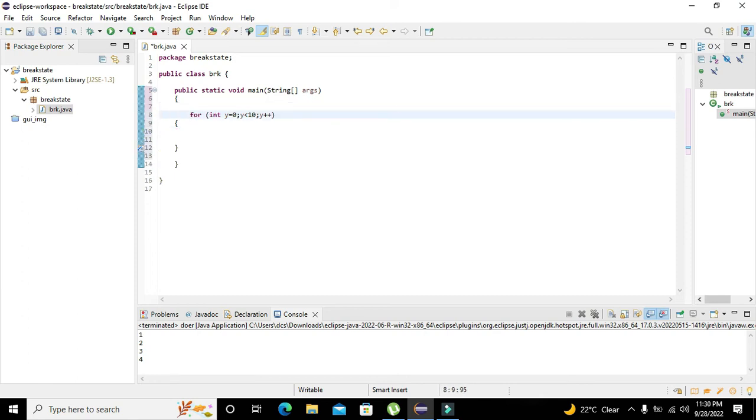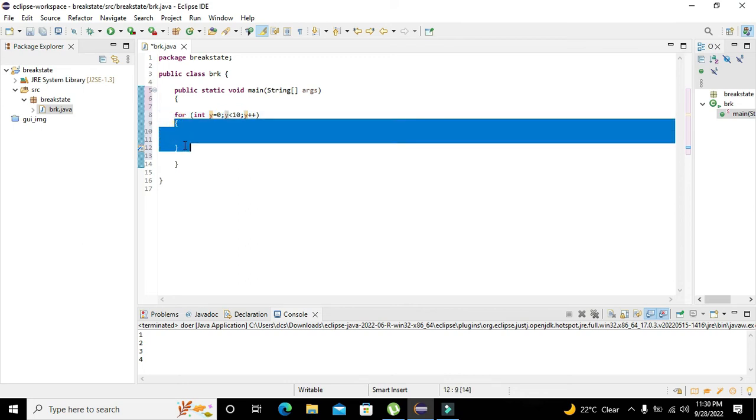see that our for loop is used to run again and again. It means that first you can see the condition of the for loop. First we have declared an integer variable y, and we have stored 0 inside this y. After this is done, the next thing is that the control will check whether the value in y is less than 10 or not. And if it is less than 10, the control goes to the body of the for loop, which consists of these two brackets. So here we will write